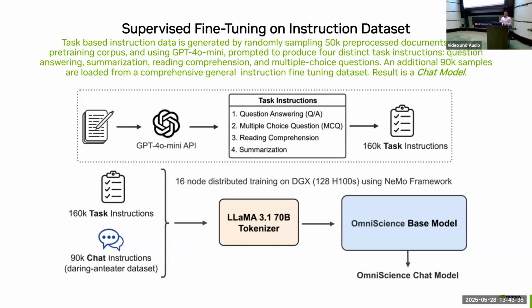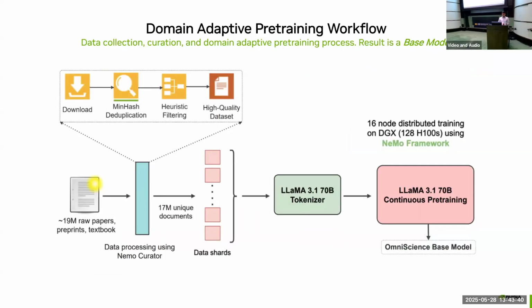So the Omniscience base model, like I was mentioning on the previous slides, before we jump ahead, can you talk a little bit about how those, who selected that data, and how did this work in this collaboration? I'm assuming this was with SES, right? This was with SES. Yeah. Can you share a little bit about how did they find the raw papers, what was the process? Did you work with publishers to get publishing agreements?